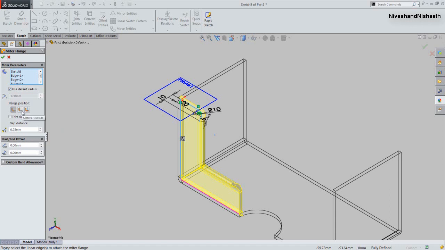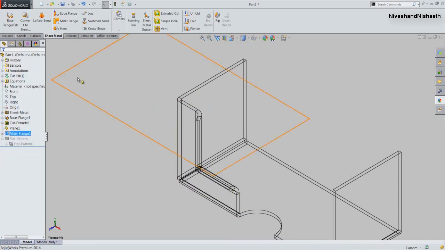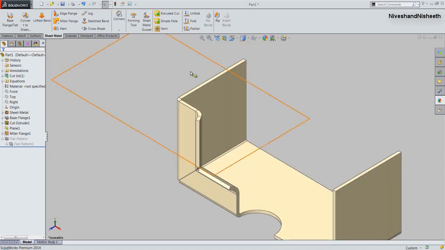Now we will select the material outside button in the flange position area and click OK. Now see. Now choose the shaded with edges option from here. It is looking very fine.